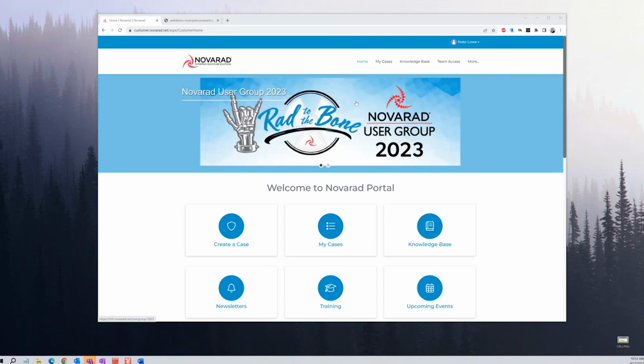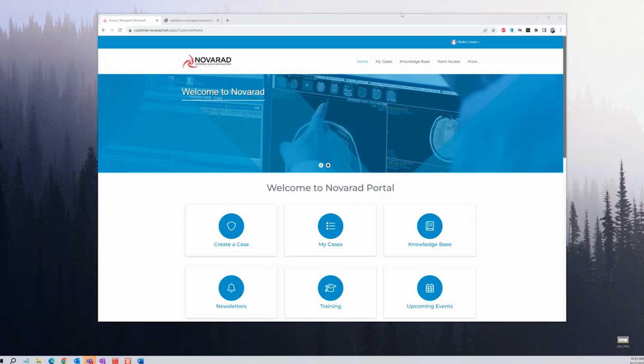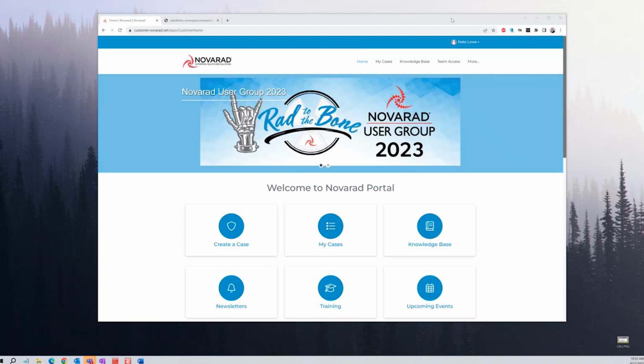To get to the portal, you're going to go to customer.novarad.net. By the way, you'll obviously receive an email when we get you all registered for the portal, and then it will guide you through setting up a password, and then you have access. So as an admin, we have a very important job of managing our team's access within the portal.